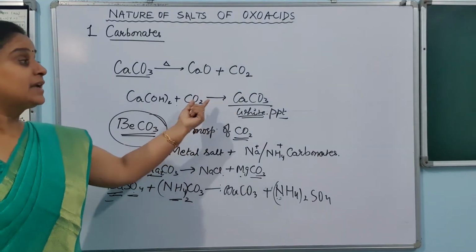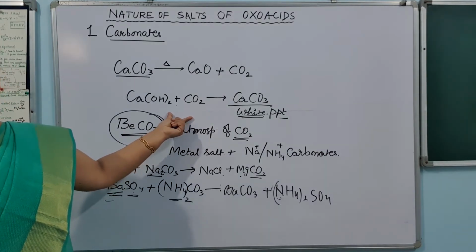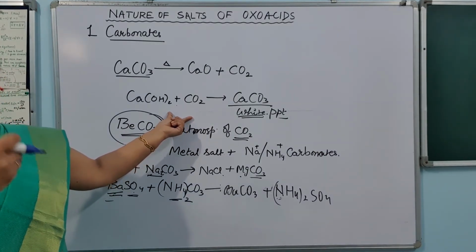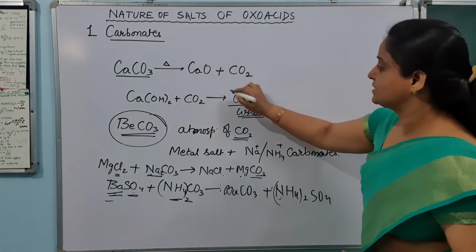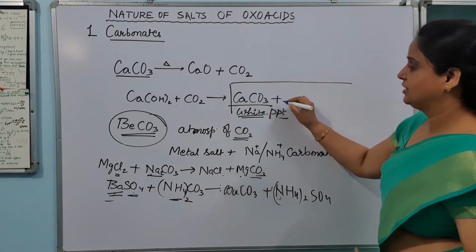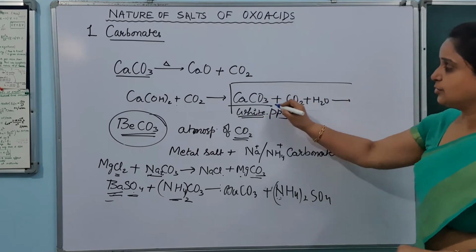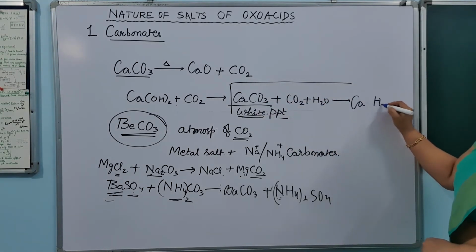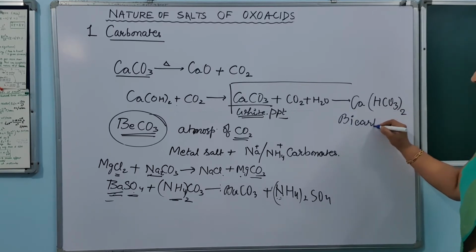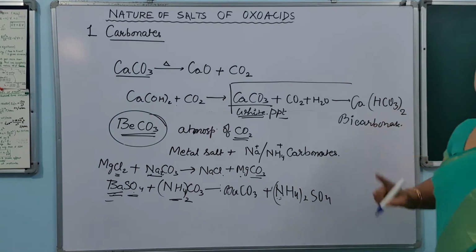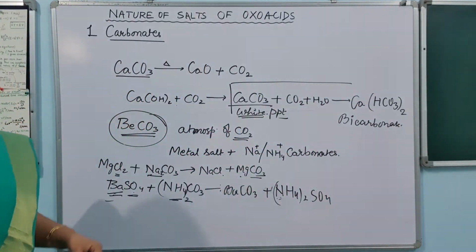One more thing is there, if I continue to pass the carbon dioxide in their solutions, with water, by passing the carbon dioxide continuously, means I am adding this CaCO3, on passing carbon dioxide in the presence of water, these carbonates can be converted into Ca(HCO3)2, means bicarbonates. And we know that these bicarbonates are very easily soluble in water, and that is why